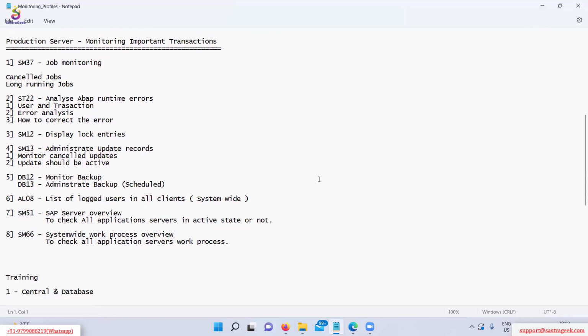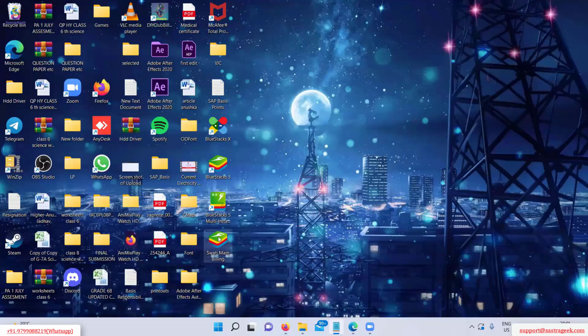If you can see on the screen, there are some important monitoring transactions which I have given. First is SM37, second is ST22, SM12, SM30. All these transactions you basically need to know by heart. Okay. And I will go through all these transactions one by one, and we will see the usage of these transactions and how basically you do the monitoring part. Okay. So generally what happens, the monitoring is done